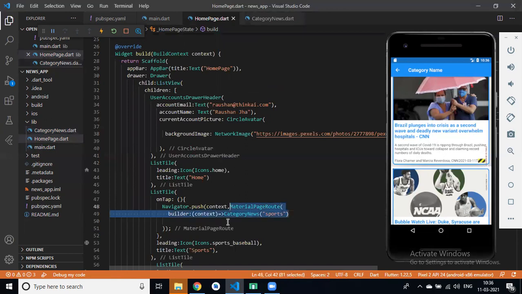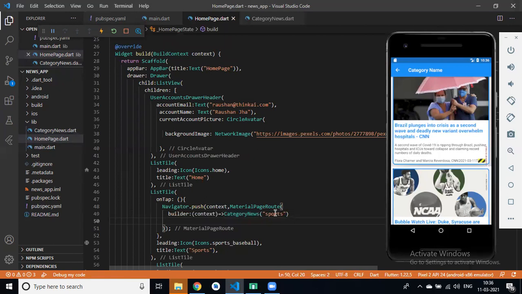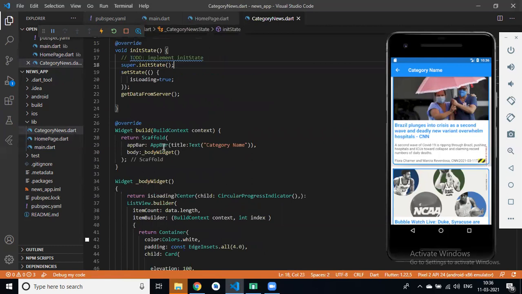You can see category news, because we defined one parameter in our category news, right? Now we will take a parameter in category news, and we have passed our category name. So on the basis of category name we can change everything. So now I want to change our app bar title. We can pass a dynamic title.